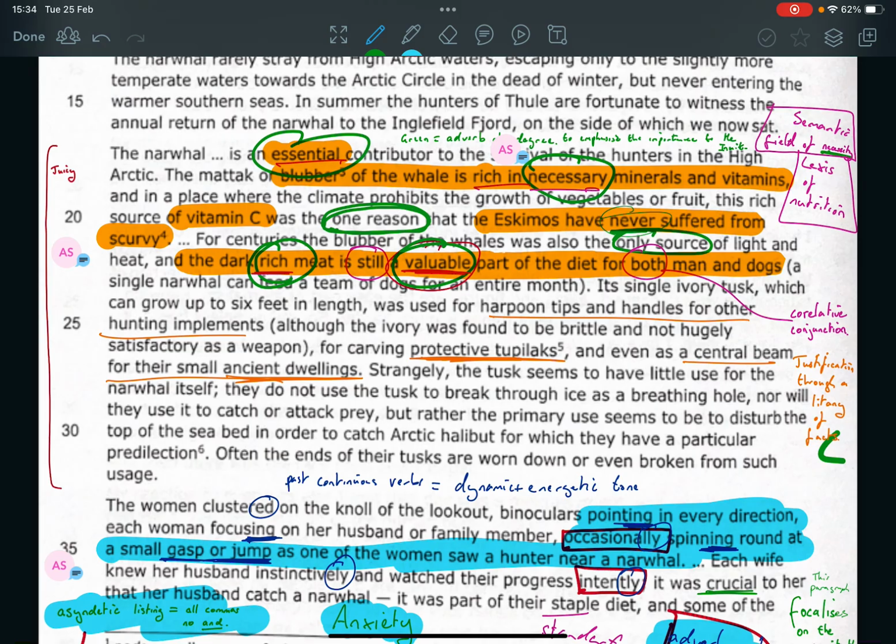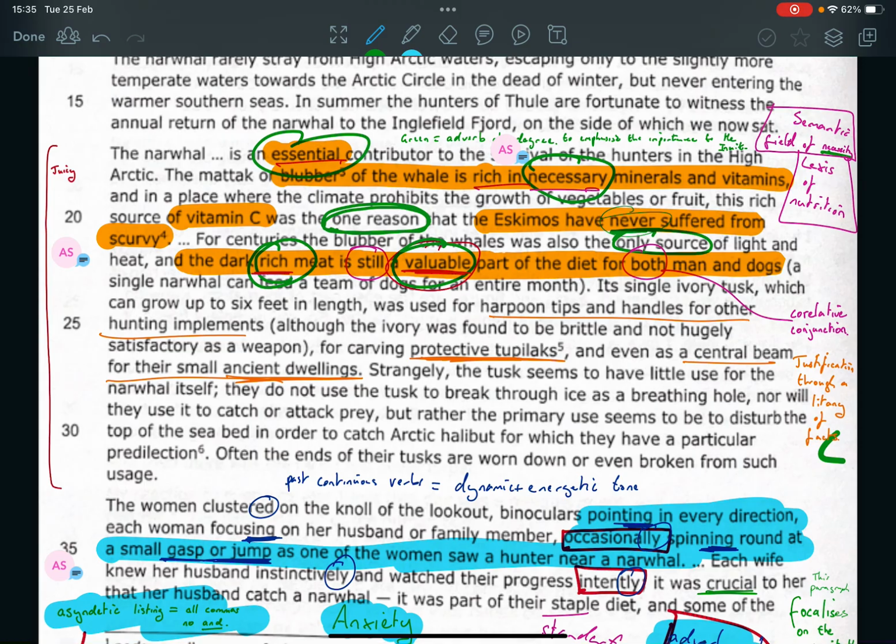So the point I'm trying to make here is it shows how integrated the narwhal's life is into the Inuit community, how important it is. And it's all those keywords I've circled in green that highlight and emphasize the importance. Remember, all techniques ever do in writing is they emphasize what's being said. This paragraph is saying it's important, the narwhal is important to them, and these techniques are just emphasizing that feeling. So,